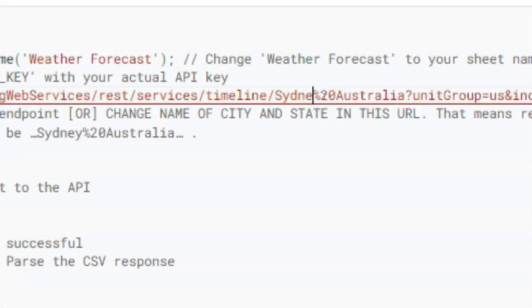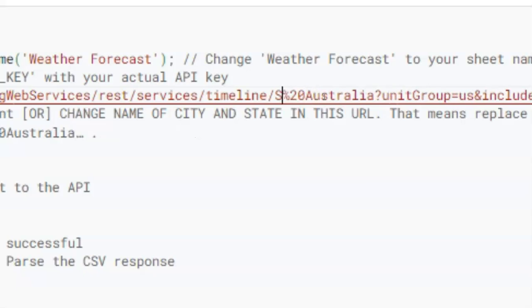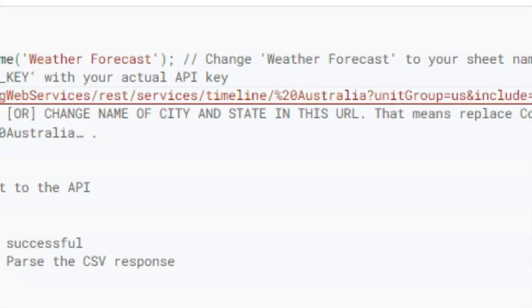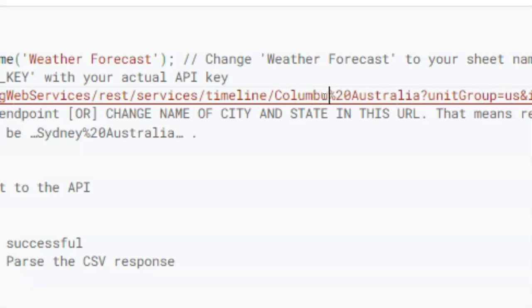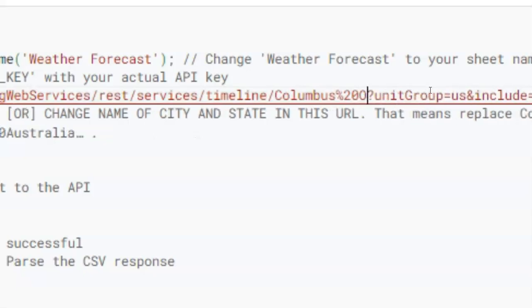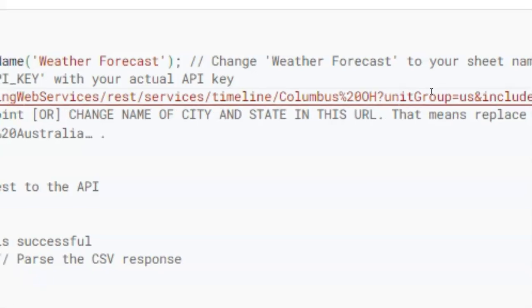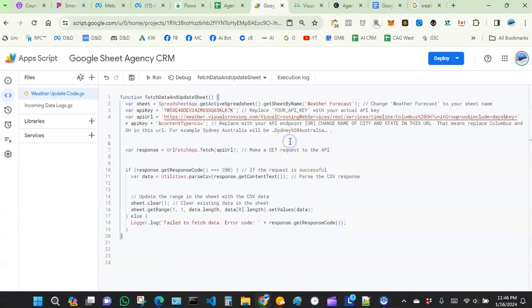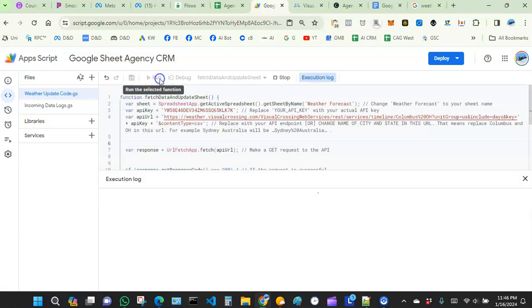We're going to change Sydney to Columbus, and then change where it says Australia. We're going to remove Australia, and just say Ohio. All right, and then once we hit save and then hit run,